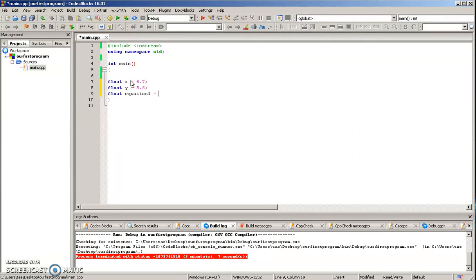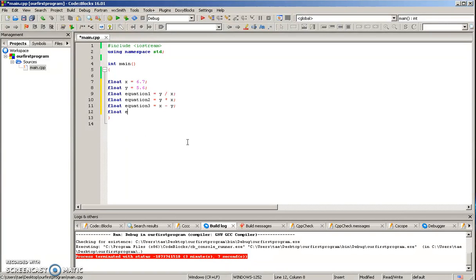Equation 1 is equal to y divided by x. You see that the divided by sign is the forward slash. You're going to want to remember that. Remember all these symbols, so we're going to make an example for every symbol. So we have y multiplied by x. That is the number 8 if you press shift and 8 on most keyboards. And we're going to create another equation for the subtraction. So we'll do x minus y,